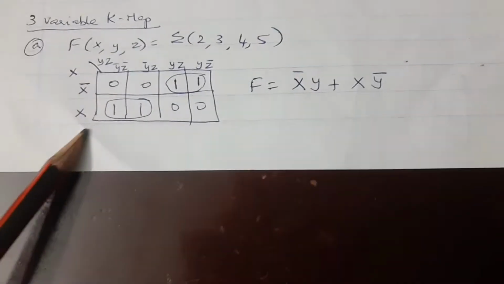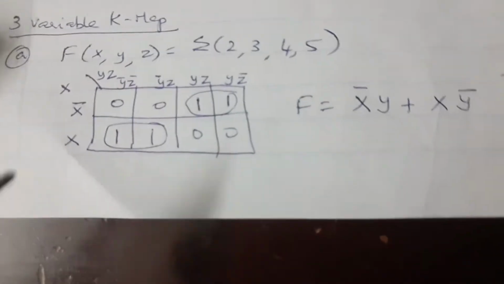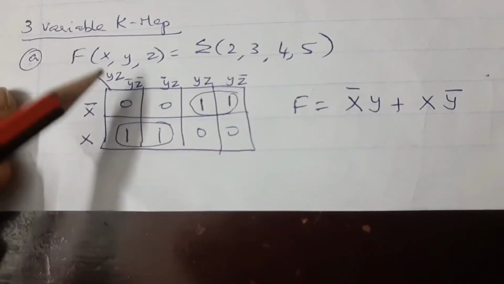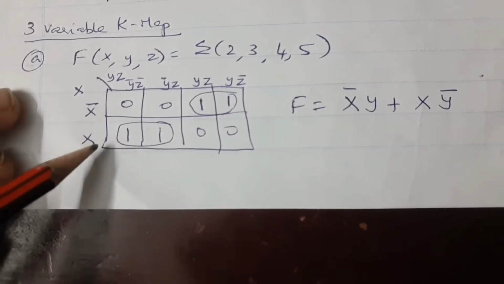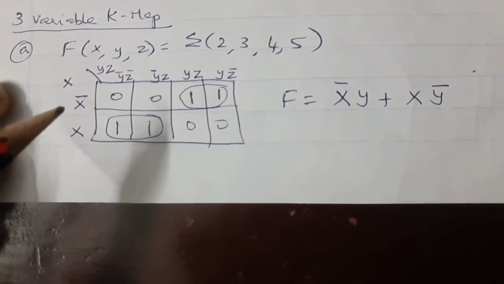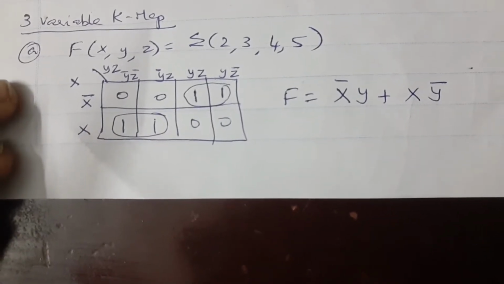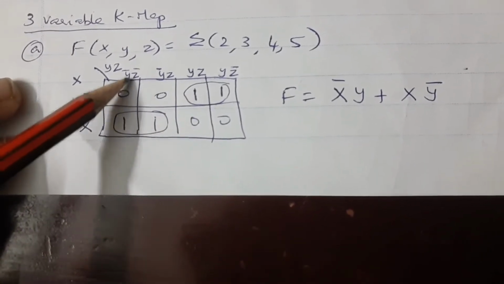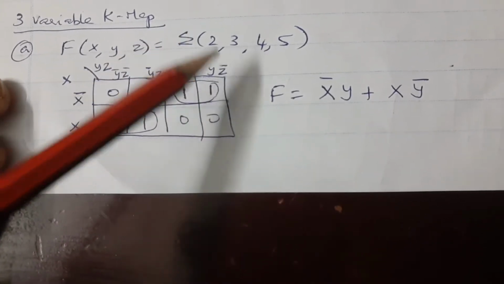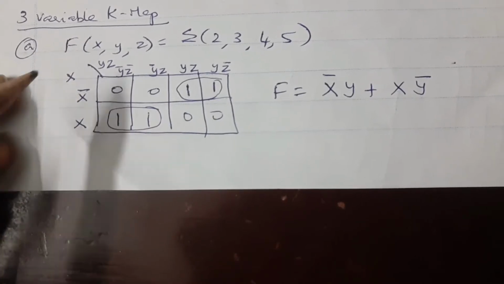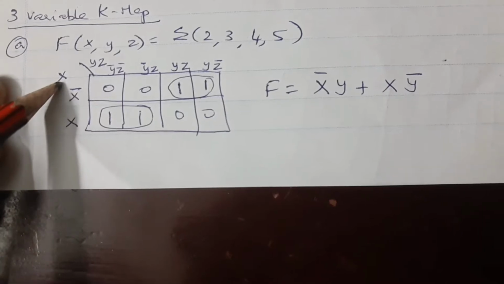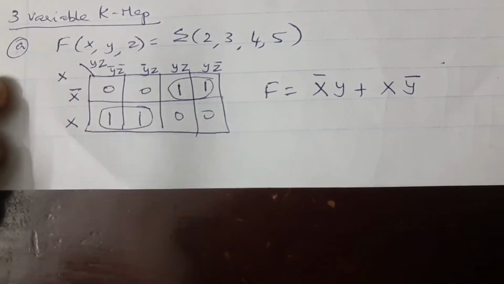Now we move on to three variable. Now we are going to take a three variable map. How to do the mapping of your three variables with the values zeros and ones? In the previous video I have explained how to mark it. So 0, 0, 0, 1. Next it is 1 bit change only, therefore 1, 1, then 1, 0. Then 0, 1. I have named the terminals as x, y, z. So x is taken on this side, y, z is taken on the other side.